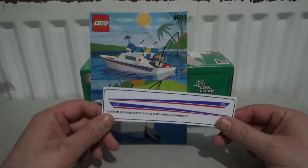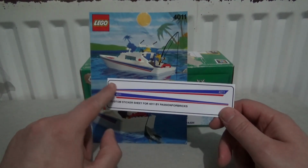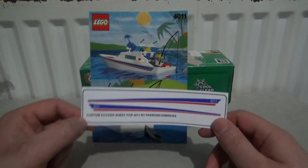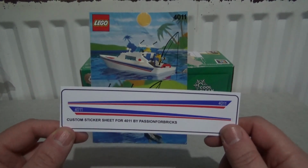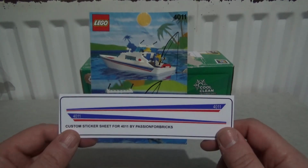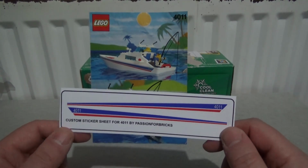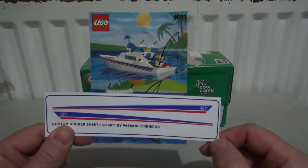Now, the downside is this one didn't come with any stickers, so I've had to order these from Austria. So these have come all the way to me from Austria, and the boat will look a lot better with them applied. In fact, when I checked the hull over to make sure there wasn't any damage, as far as I can tell, there is a silhouette of where the original stickers went,